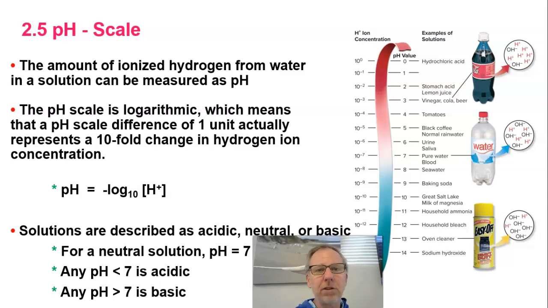And the amount of ionized hydrogen, that is the H pluses, the hydrogen ions, from water in a solution can be measured as what we call pH, potential hydrogen. So it's a measure of the amount of those hydrogen ions. Because, as I said, we want to do that because these ions are very reactive to